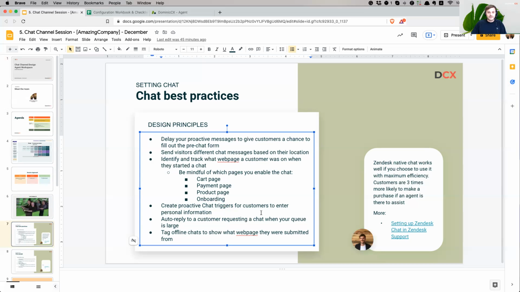Create proactive chat triggers for customers to enter personal information, right? So start giving hints into what you want from the customer. So, hey, do you want to know a little bit more about our product? Hey, do you have your bill? Do you have your invoice at hand with your client number? Right? So this gives them an indication on how to prepare when they need to interact with you, because you essentially save some time for your agents to perform all this interaction, which could be avoided with very intelligent type of interactions and key